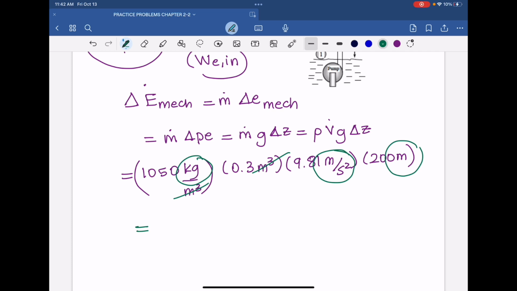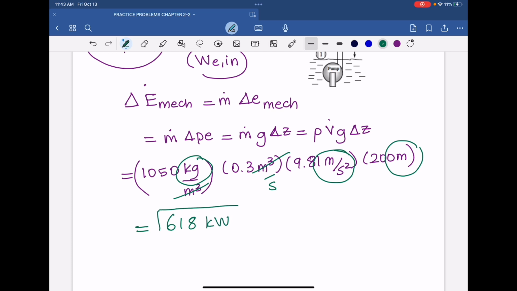Oh, we are missing a second here, right? Because that is volumetric flow rate and the unit should be 0.3 meter cube per second. Now it makes sense because it becomes joules per second, which is the unit I'm looking for, a power unit. Therefore, the calculation with the correct units is 618